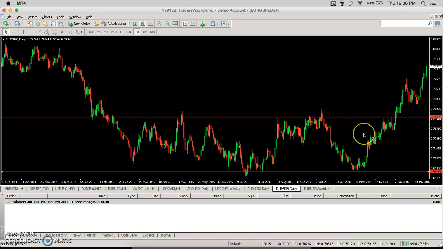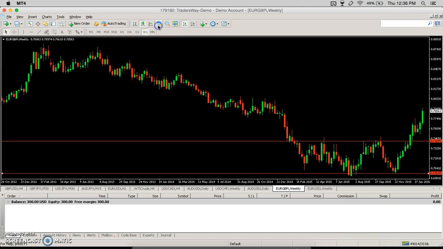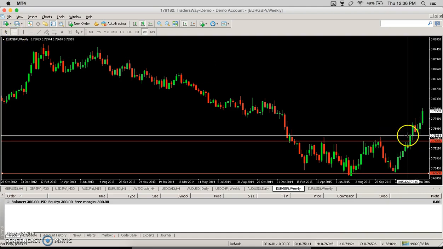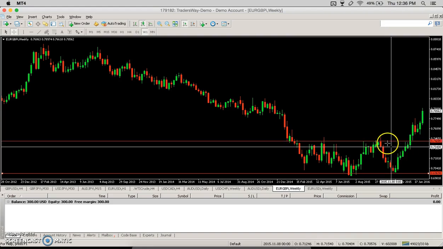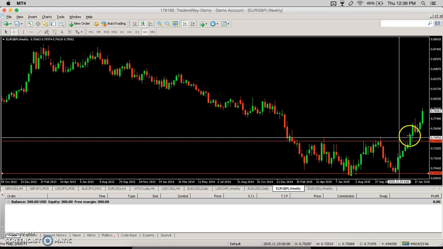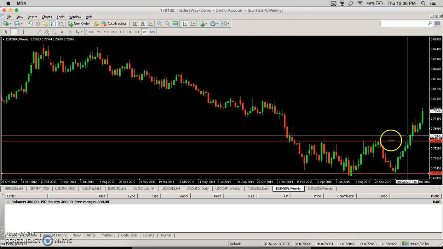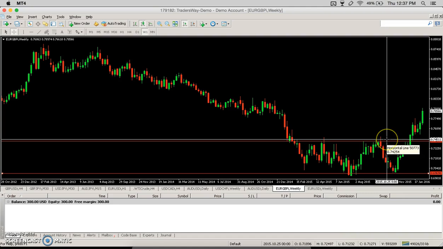Alright? The final point is that you need a candle that closes above the neckline to confirm a true W. Alright, so you'll see right here where my pointer is, this is the candle that closed above the neckline. The closing price was right over here. I'll get my crosshair. Closing price was right over here, 0.75112, and that was just above where the wick of the neckline is. I usually look for it at the close of the body, so if the close of this candle is above the close of the body of the resistance point, then that's good enough for me,